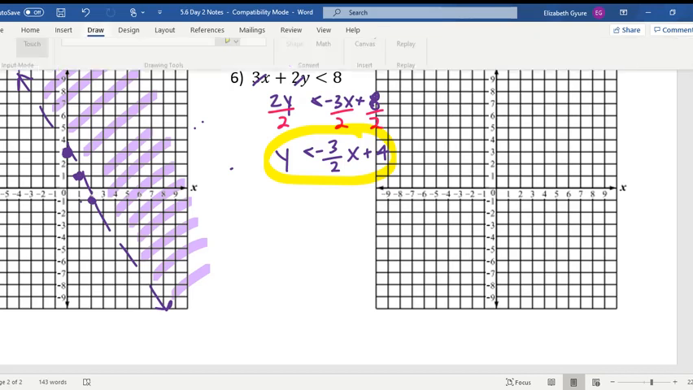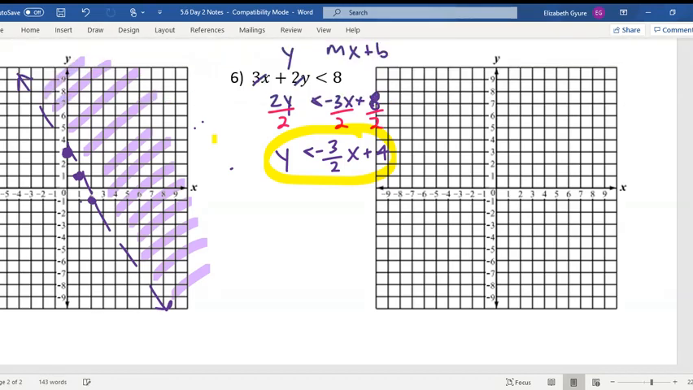Jake Sanders, what's my y-intercept? I don't know if Jake's there. Jake, where'd you go? Okay, good, you're still here. Yes, it is 4. So put a dot at 4. And now we need a slope of